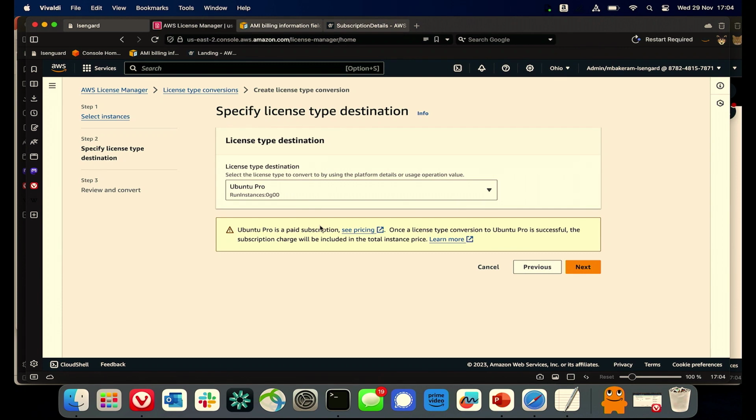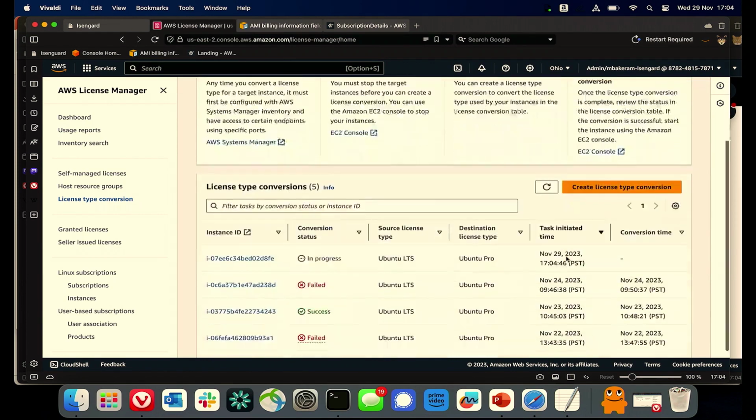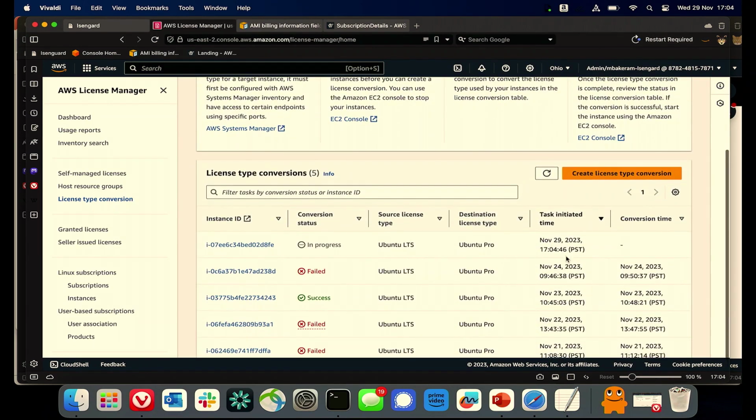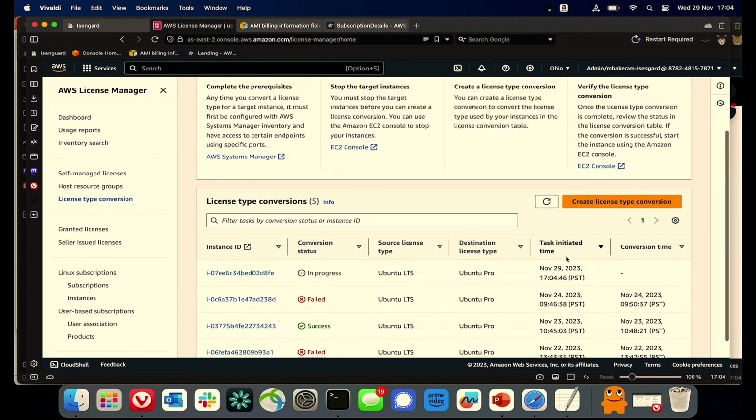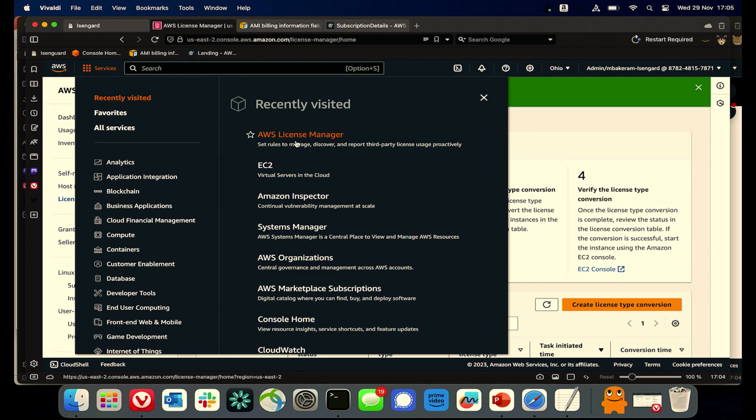Previously, we weren't incurring a charge for Ubuntu. Now we are with Ubuntu Pro, but we're getting the value and the benefit of an attached subscription with the security updates and a greater coverage for that. So we go ahead and click Next and begin the conversion process. Now, this takes anywhere between a minute to 6 minutes, right? So we'll perhaps come back and see how that goes. But in the interest of time, we're going to switch back into